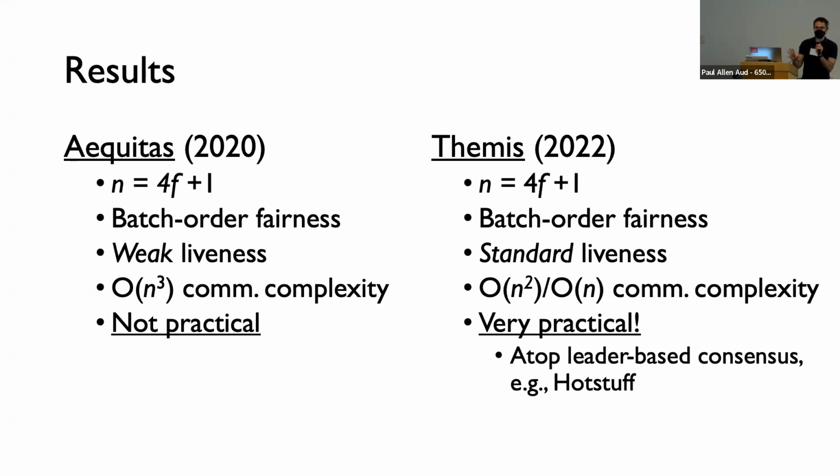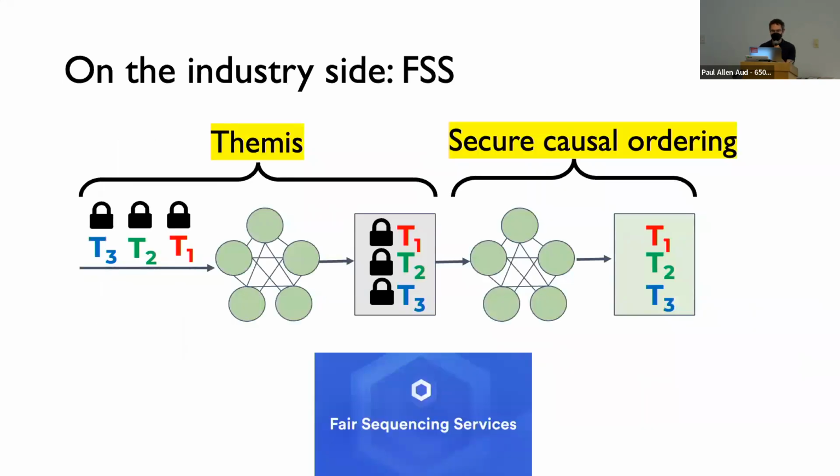All that I'm describing now is work that I've done on the academic side. I'm also chief scientist at a company called Chainlink, an oracle company that builds what are called oracle systems, which deliver data to smart contracts. And I'd just like to mention that Chainlink is building a system called Fair Sequencing Services that uses this notion of temporal order fairness and combines it with secure causal ordering. It turns out that the two approaches are actually complementary and can be deployed in the same system. You deploy them together, you get even stronger fairness assurances than if you deploy one or the other in isolation.